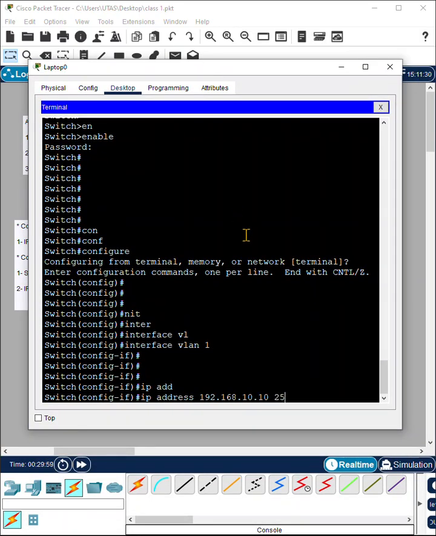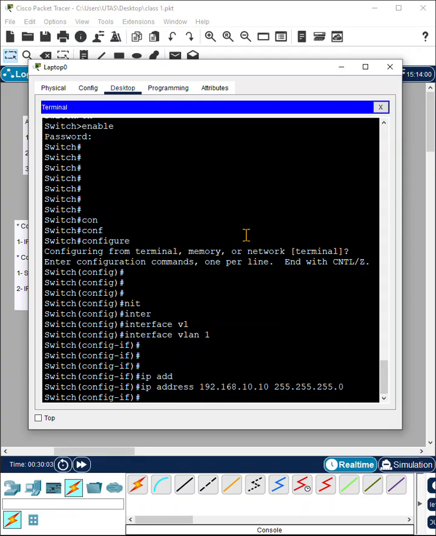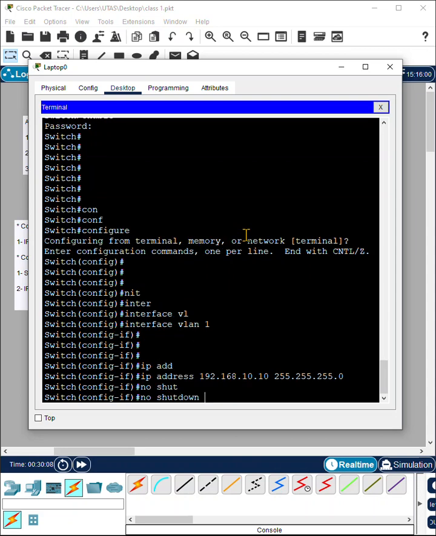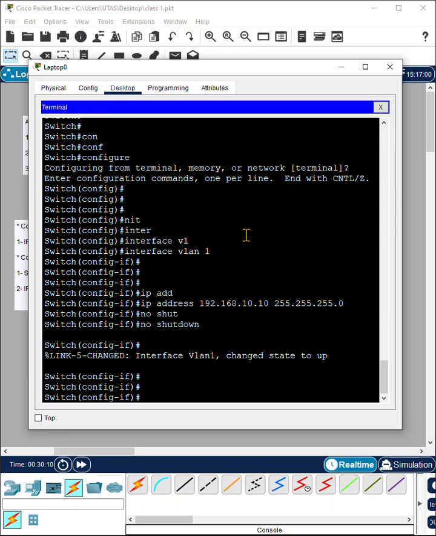10.10, then space, 255.255.255.0, enter. Then I go no shut for no shutdown. Okay, no shutdown, so the switch will go to the up state. We enable the port. Okay, so now